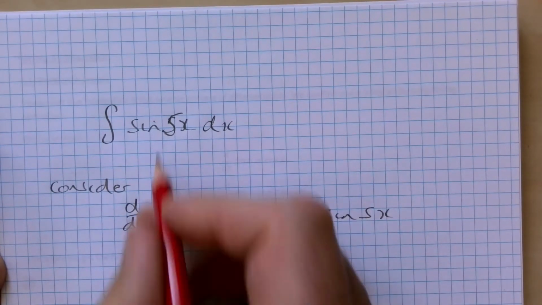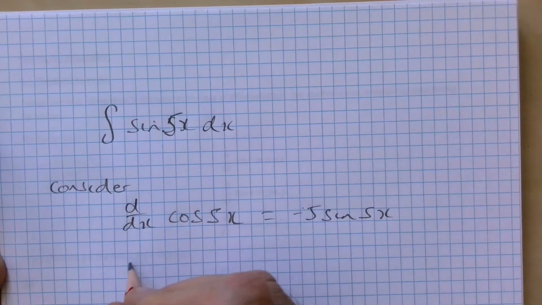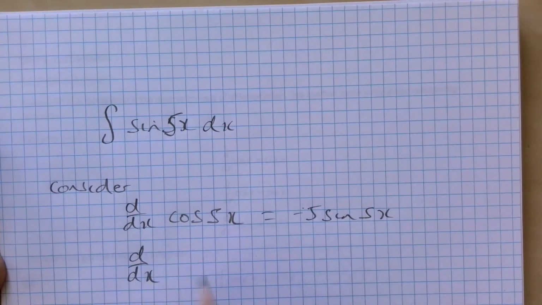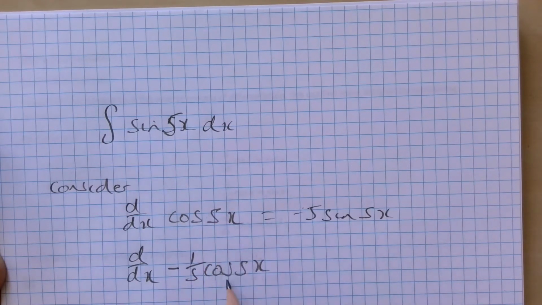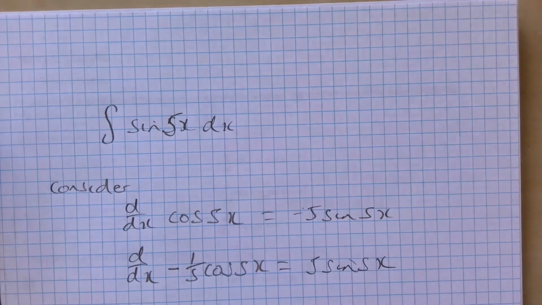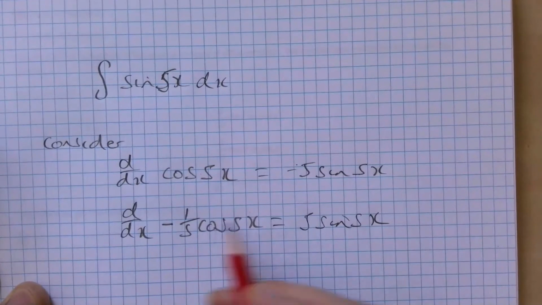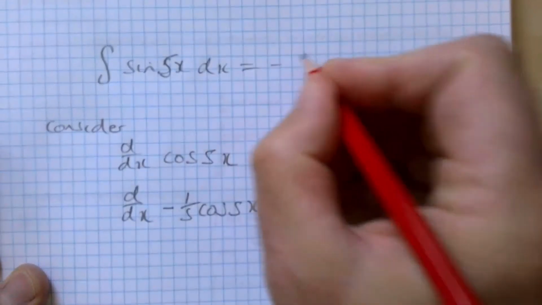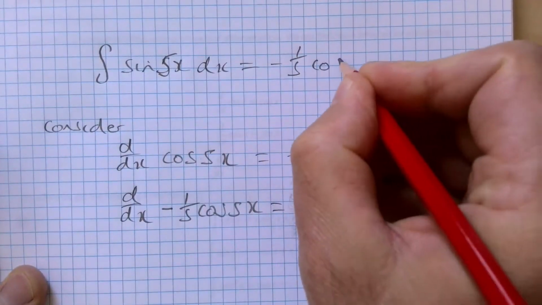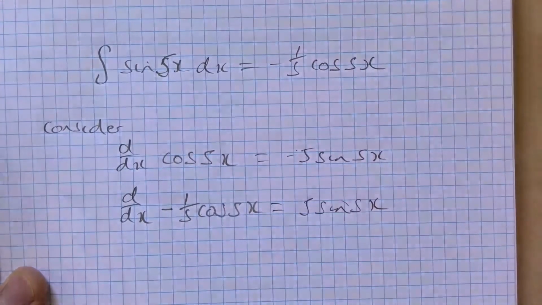That means then, can we make it into this format here? So if I differentiate minus a fifth cos 5x, what have I done from here to here? I've divided by minus 5 effectively, or multiplied by minus a fifth. Then that should give me 5 sine 5x. So if I differentiate this, I get this. So in this case, if I integrate this, I'm going to get minus a fifth cos 5x,